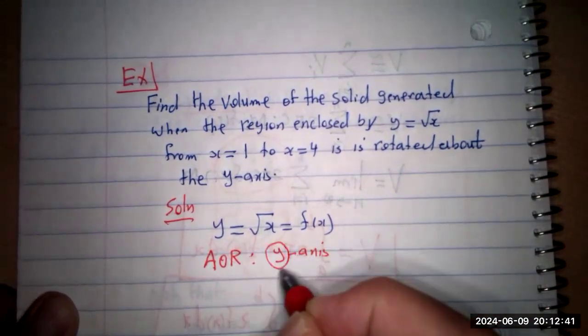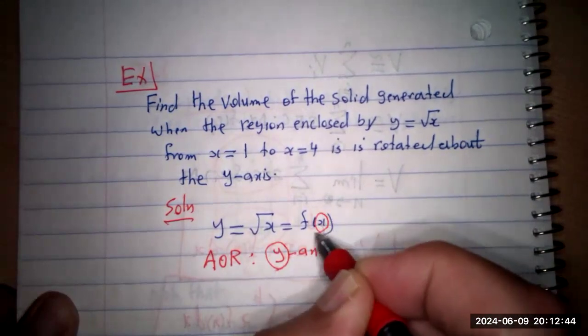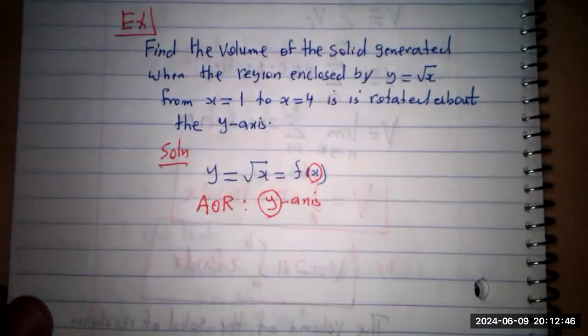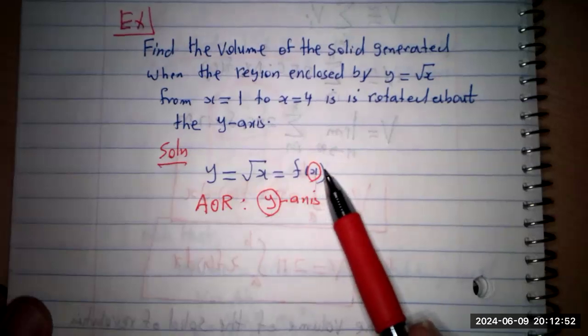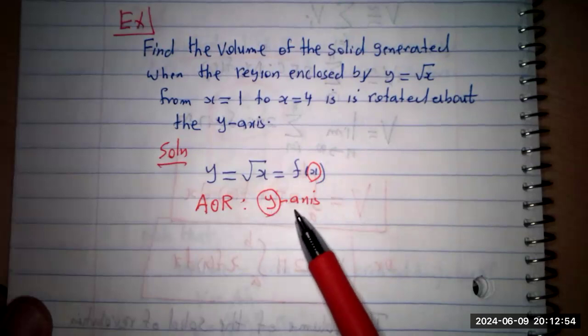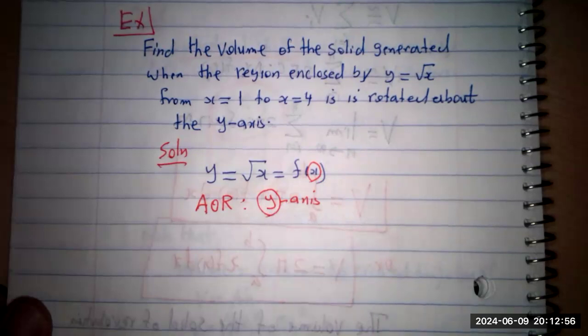So this is y, this is x. They are different. The shell method should be used. If they are the same, this is f of x and this is the x-axis, then you are going to use the disc method. But in this case, the shell method